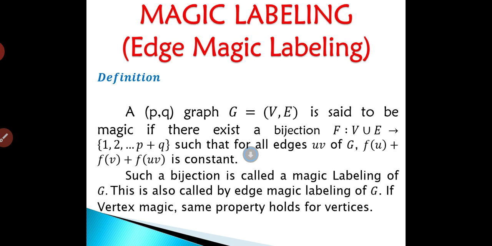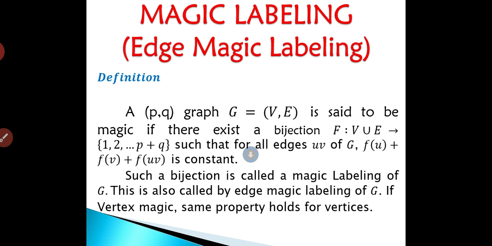Today we are going to see magic labeling, that is H magic labeling. First, the definition of H magic labeling. For that, we consider a (p, q) graph, that is, the graph has p vertices and q edges, and the graph is denoted by capital G. Also, an H magic labeling graph satisfies